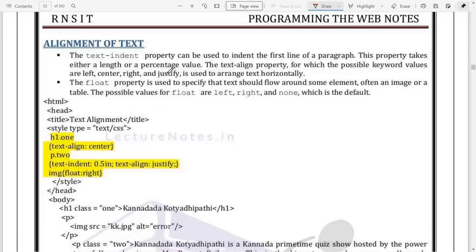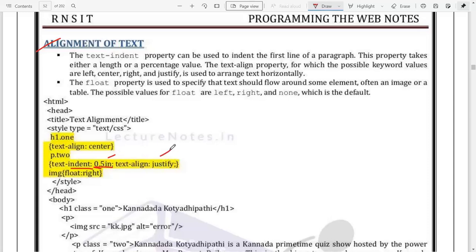And coming to text alignment, it is used to align the text in the proper format. Okay, so you can left justify, right justify. You can specify text indent, so before a given paragraph how much space has to be there, after the paragraph how much space has to be there, everything will be specified by text indent, and it will be ended by a word called in.